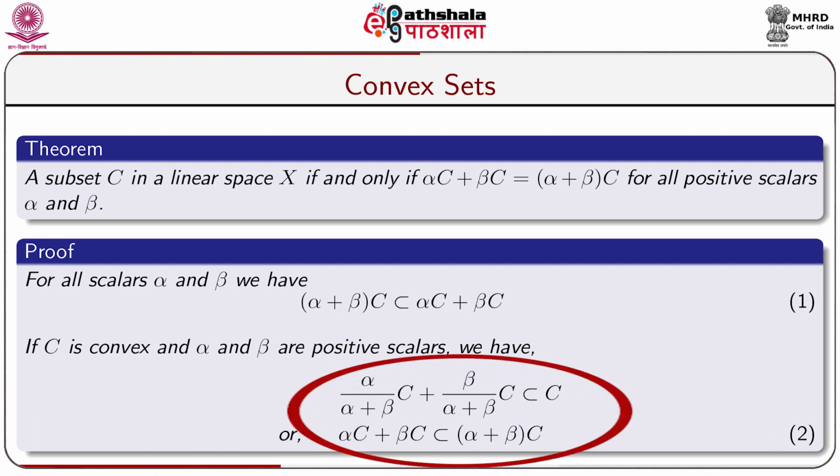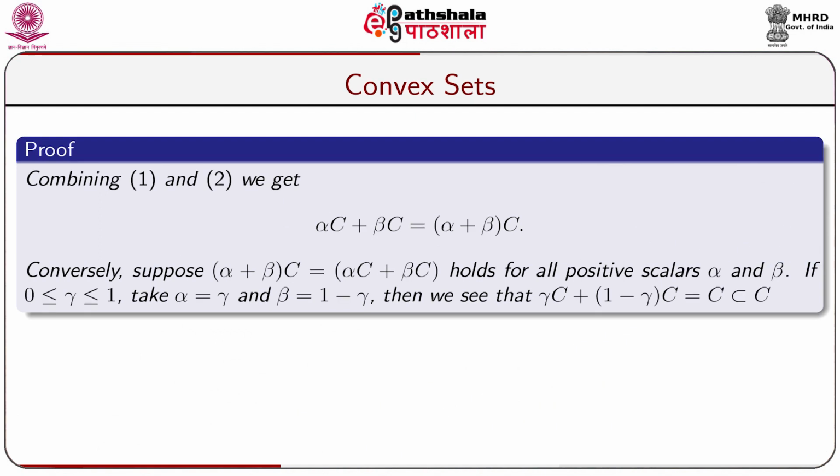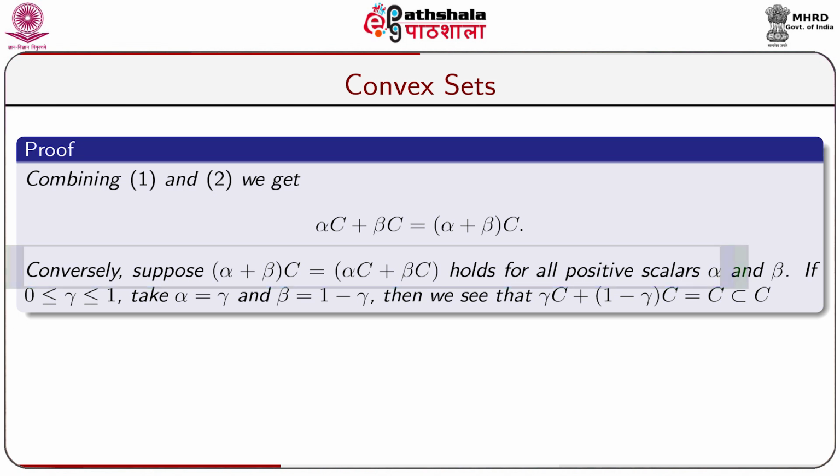So, alpha plus beta C plus beta by alpha plus beta C subset of C implies alpha C plus beta C subset of alpha plus beta C. So, this is equation number 2. Combining the earlier results 1 and 2, we get alpha C plus beta C is equal to alpha plus beta C. Conversely, suppose alpha plus beta C equal to alpha C plus beta C holds for all positive scalars alpha